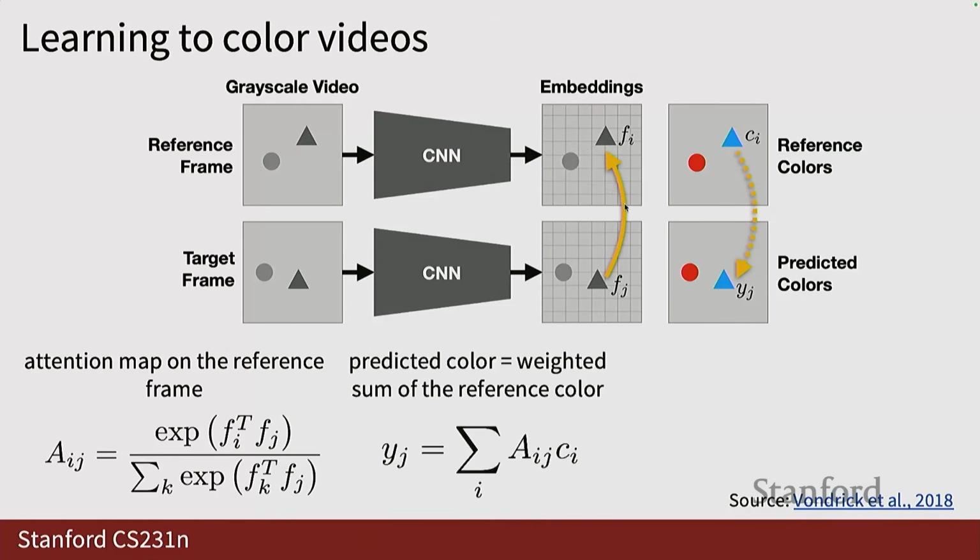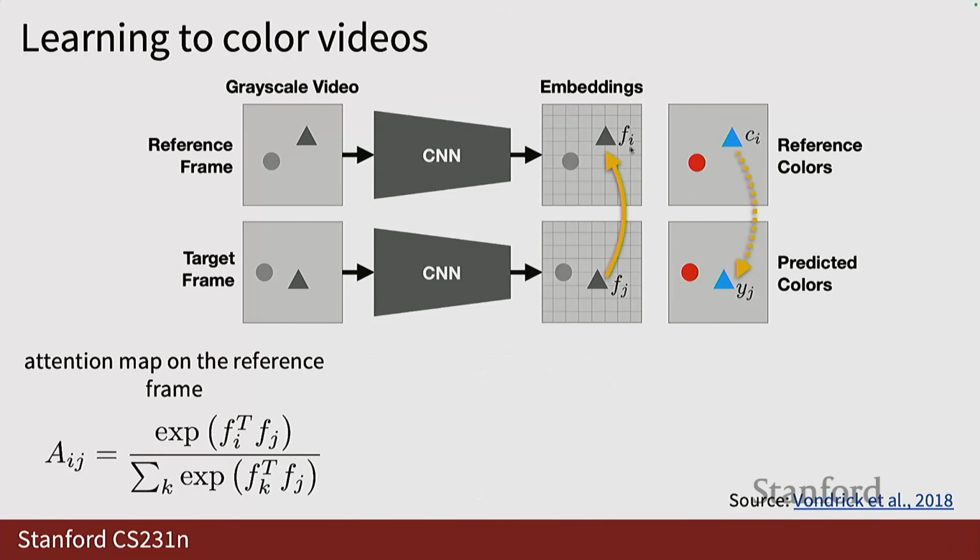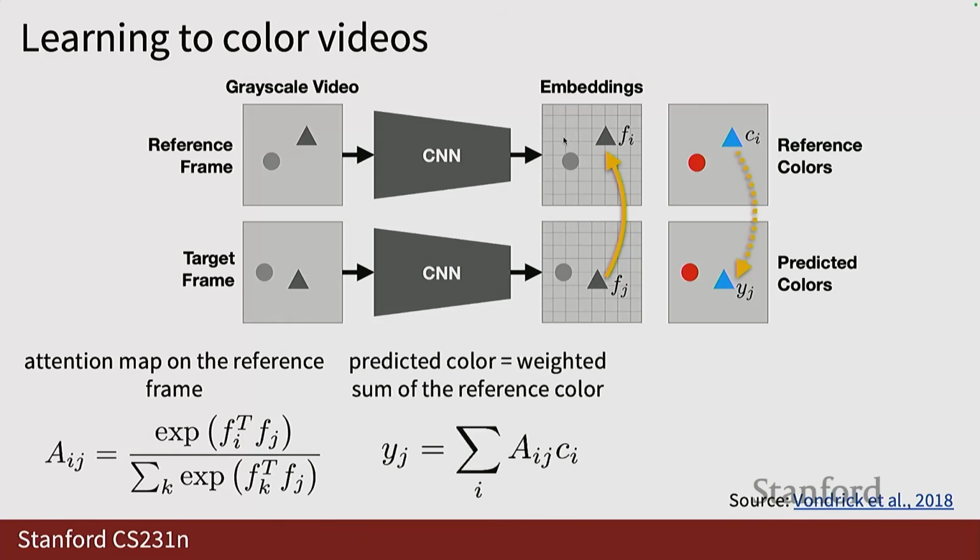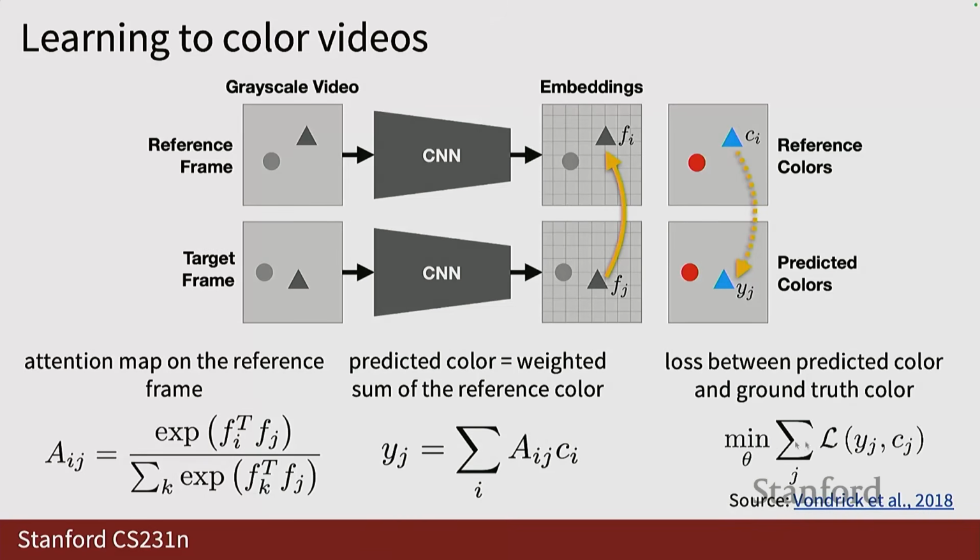And then after defining this attention with respect to the pixel of interest in the target frame, we can compute an average color based on those attention weights. So attention is basically just similarity between the two. So with that, we can get the output color as an average with the attention, and then ultimately